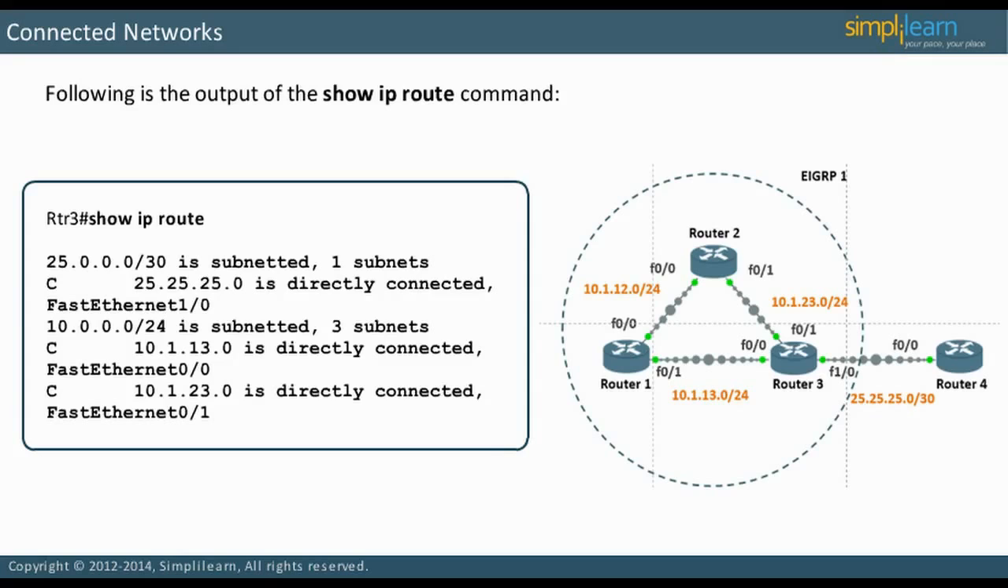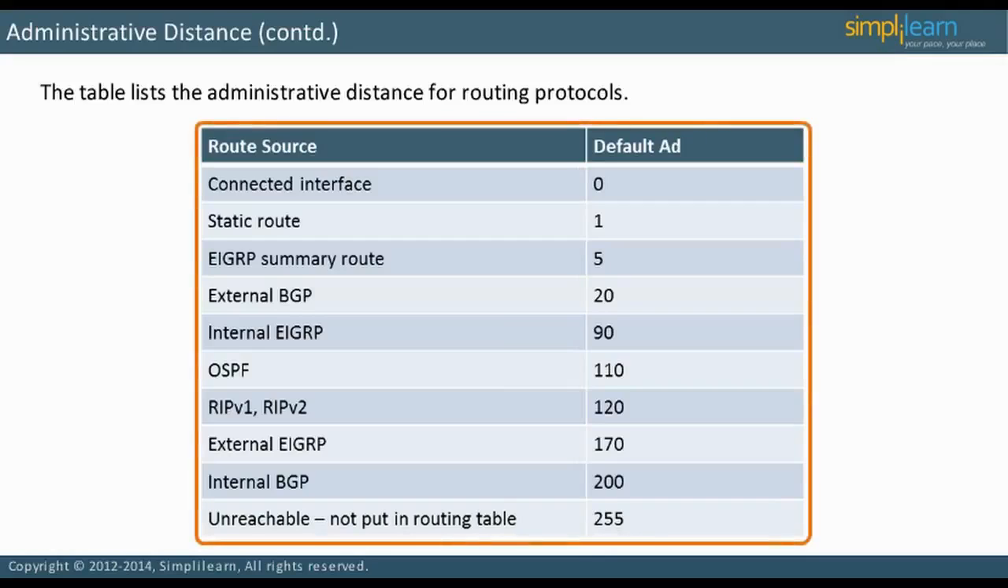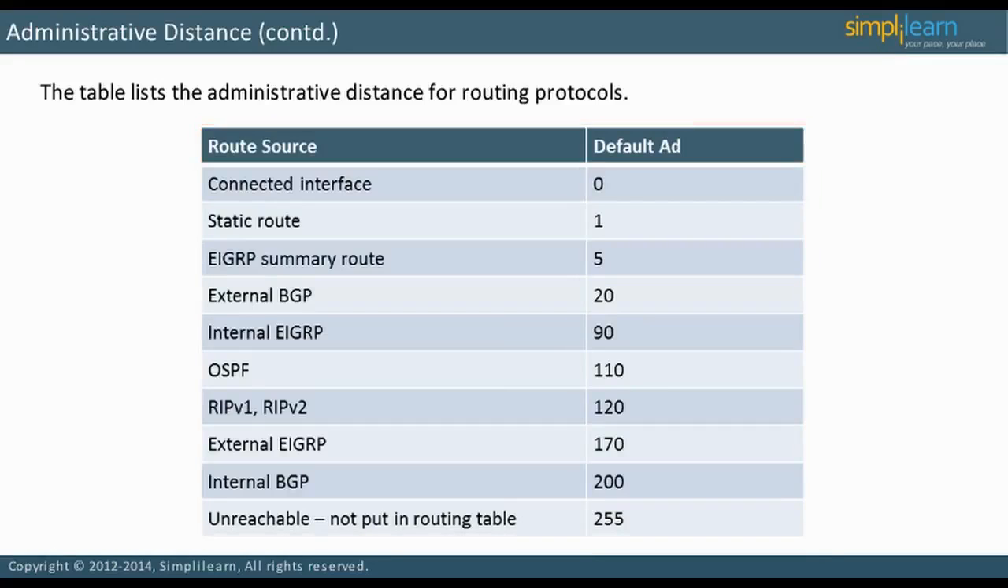Let us discuss next hop, a routing term, in the next slide. Each routing source is assigned a number from 0 to 255. That rates how trustworthy it is. The table on the slide shows the default administrative distance for routing protocols. Take some time to study it. We have discussed